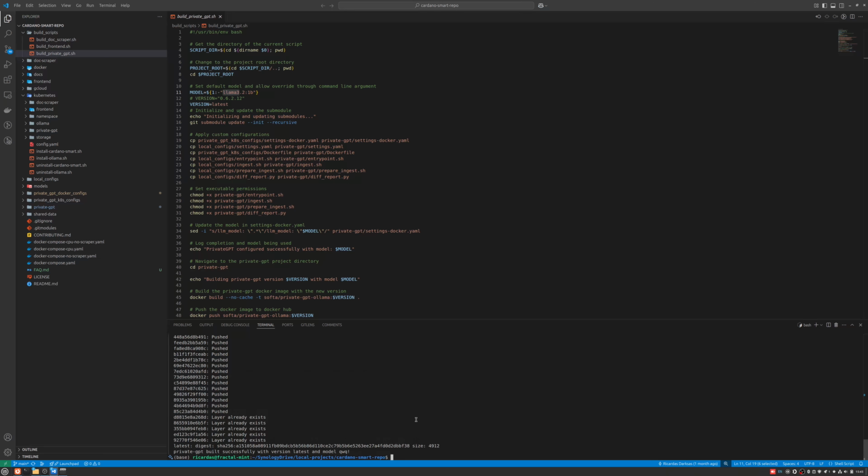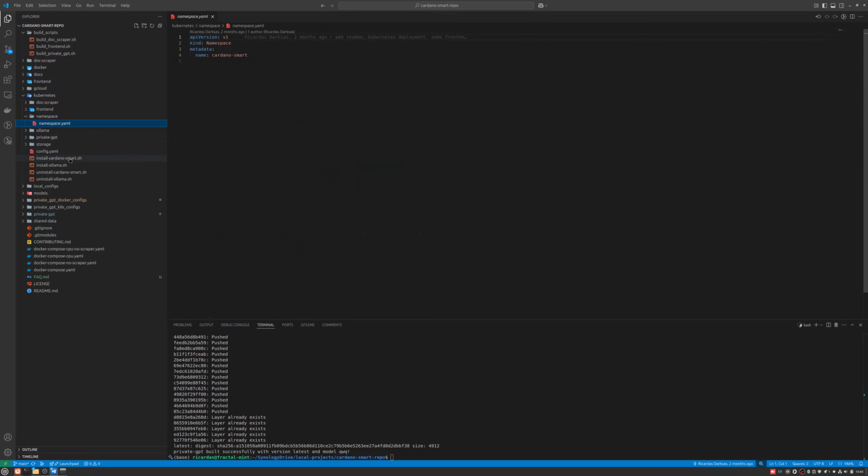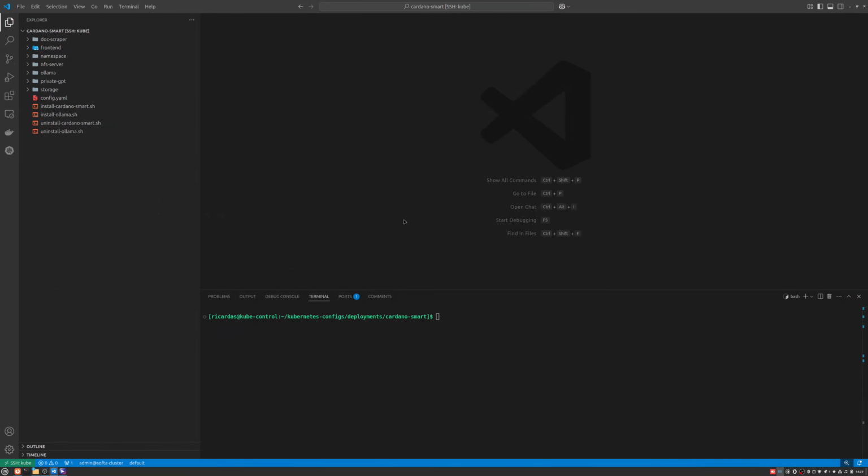Okay, now the image is built, and we can go to the Kubernetes folder where we can find the Kubernetes manifests and installation scripts. I now went to a different machine, the same folder, but from that machine I can use the kubectl command,